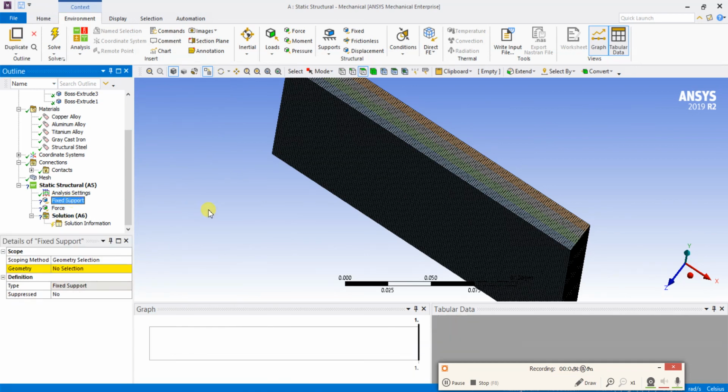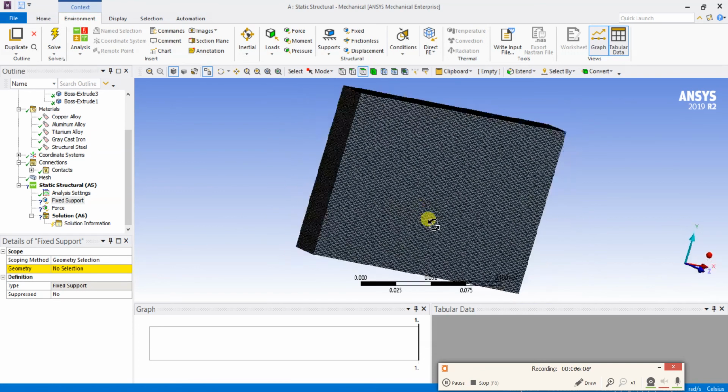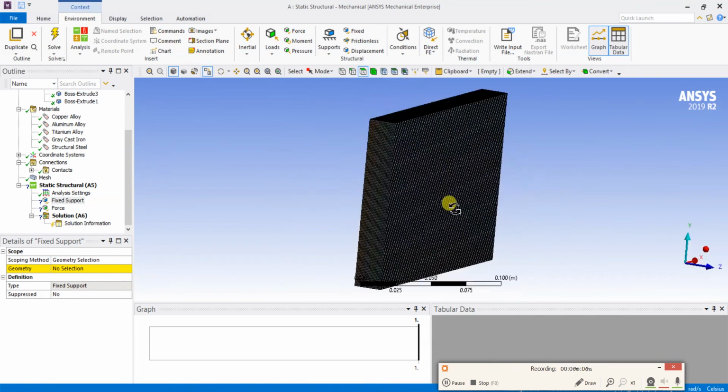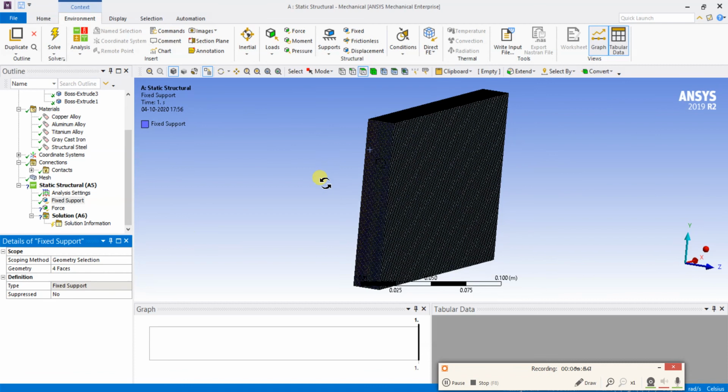I am going to make one end fixed, so that the force will appear at the other end. These four edges I am fixing. Okay, these four faces I am fixing.